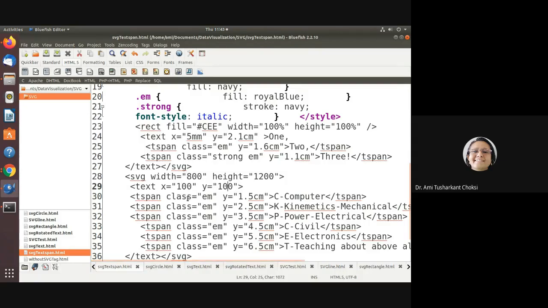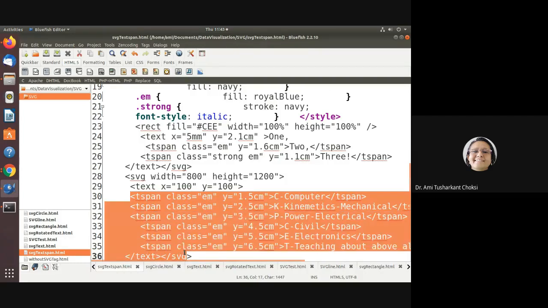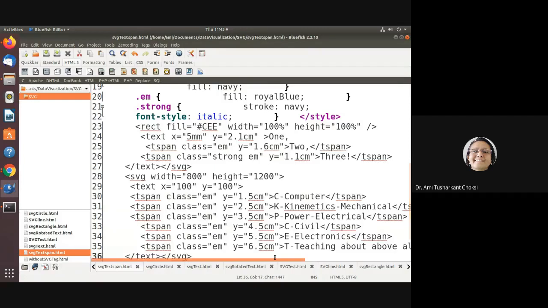Okay, now tspan. For that, I am specifying class as EM. For all the text, I have specified that. But for the first text I'm specifying 1.5 cm for y, for the second text 2.5, then third 3.5, then 4.5, 5.5, 6.5. This is what I'm specifying.